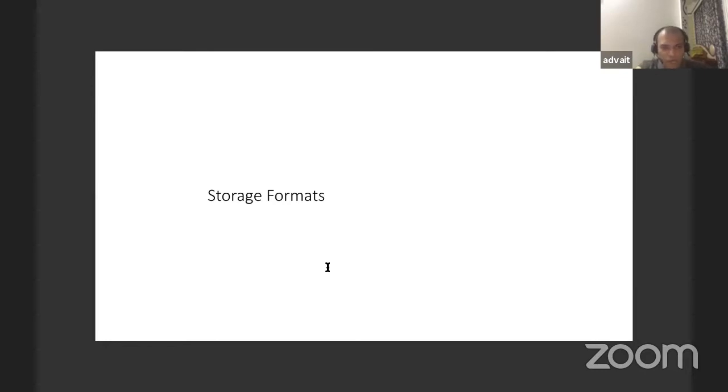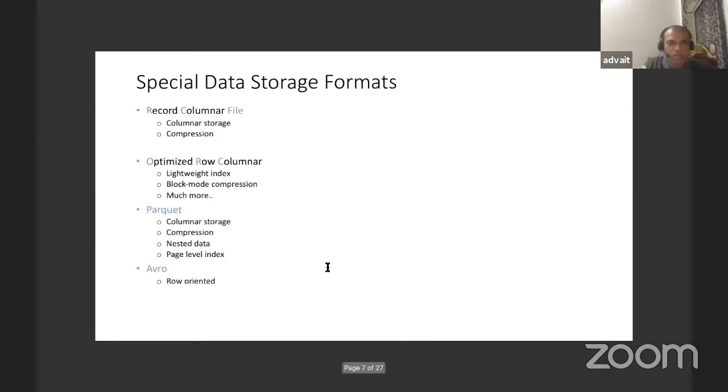But what I'm focusing on in this talk is what is underlying those high performance systems. So in those systems, data is generally stored in these formats.